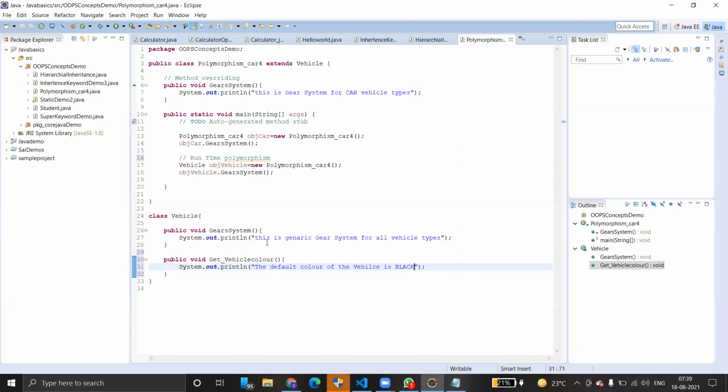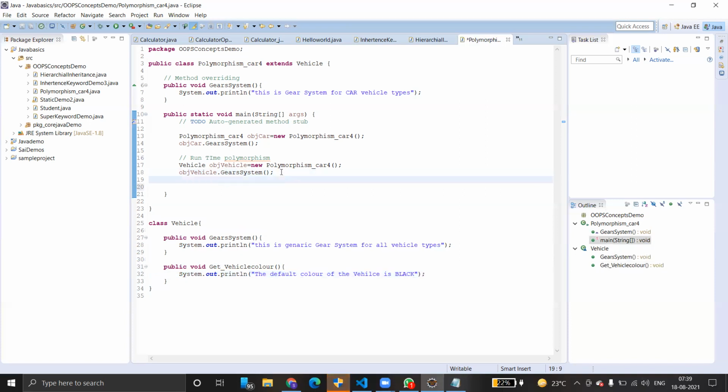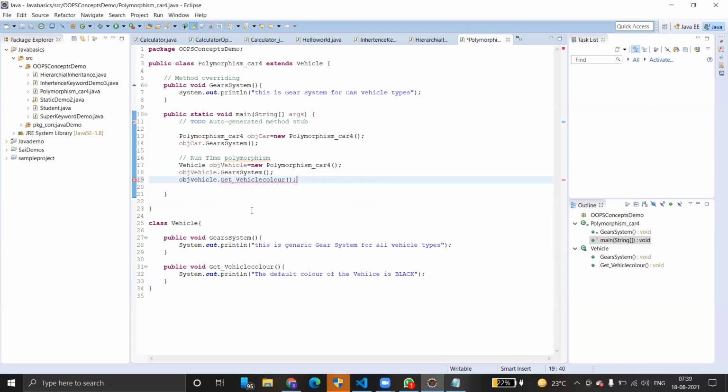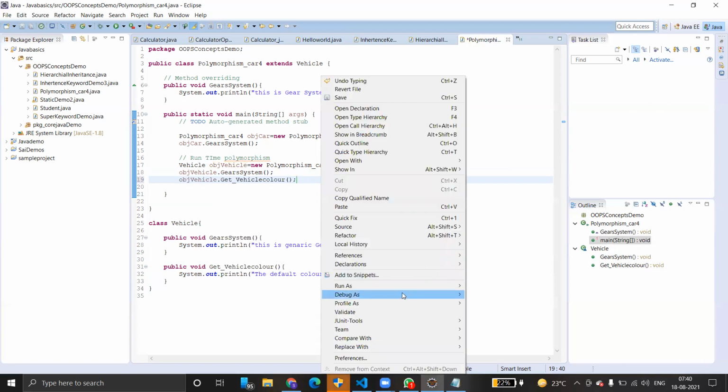So now we are going to invoke it, Control C, Control V, dot get. See, we are able to access the method of the parent class. How is that possible? Just run and check now.